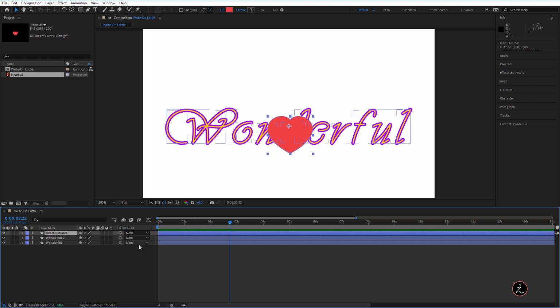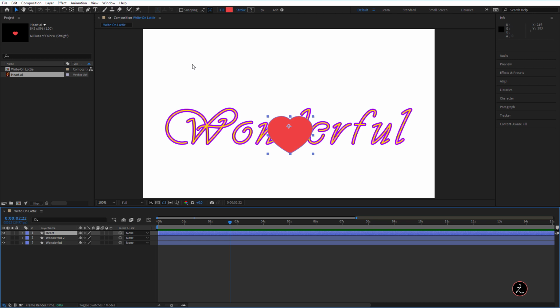As for the heart outlines, I will press Enter or Return to rename this to just heart. Another thing that I always like to do is to center the anchor point right in the center, because most of the animations take place from the very center.